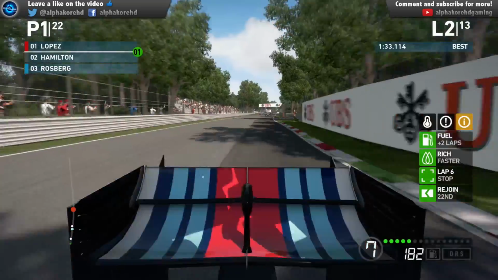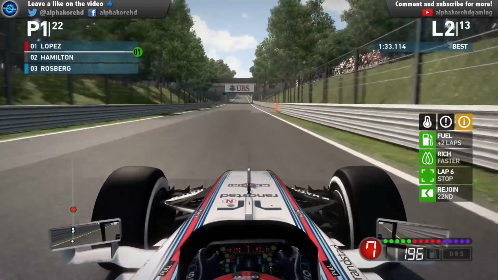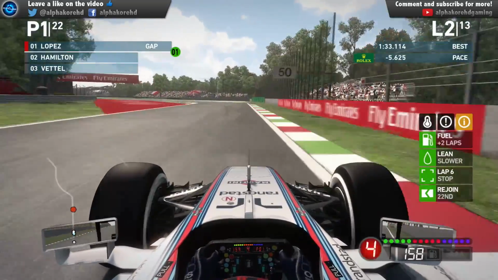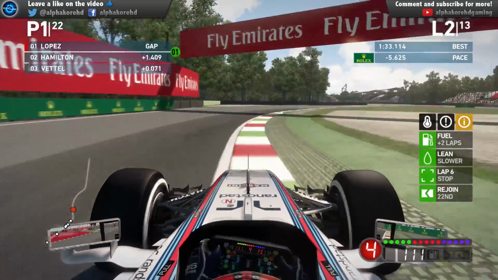Down this back straight, you can see that Rosberg has got the move done on Vettel, so he's now challenging his teammate Hamilton, who's backed off quite a lot. So Hamilton and Rosberg seem to be fighting already, even though